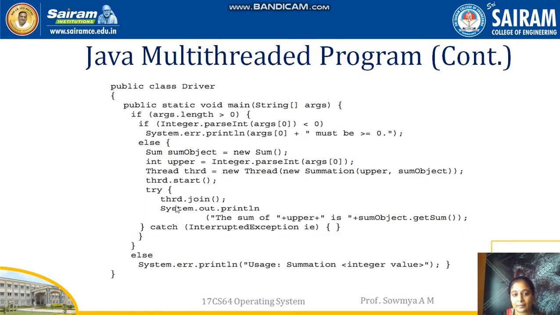Under the try method we are joining thrd. thrd was our variable which was collecting the data from the thread. We join thrd with the join function so that you can fetch the value of sum from the class Summation. The object we created for the class Summation can be read, but it was executed not in the main function but in a different thread that you created. So thrd was our created thread.